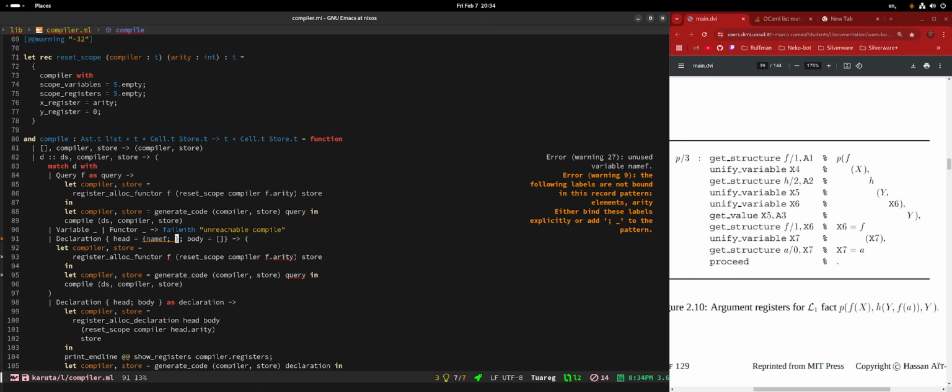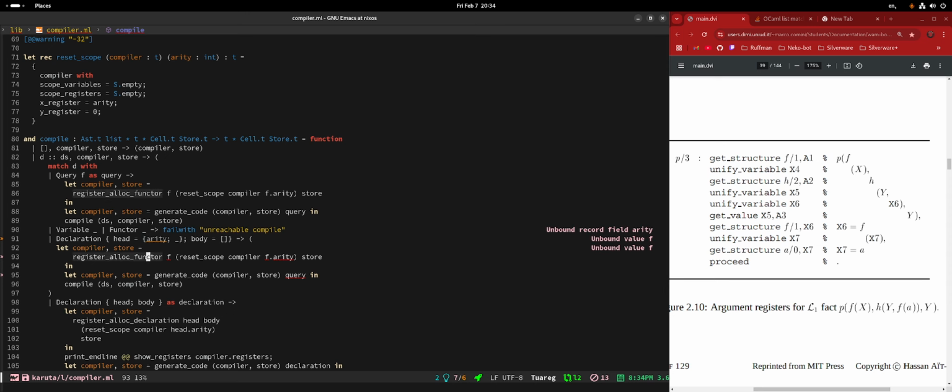Oh, the head is a functor, right? Yeah, arity and elements. Actually, don't need the elements on this. Maybe not even the name on this. Just grab it and name it F, I guess. No, I don't need to name it F. I have head.